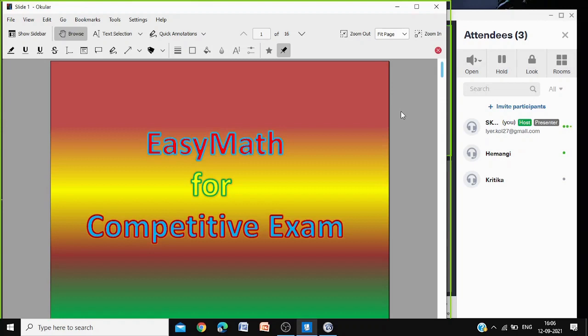We have some very easy problems, but we will have shortcut solutions. The same sum, if you do it the way you were taught in school, maybe it would take much longer. So here we have very short methods to solve the sums. The time you save in these easy sums, you can employ for some other purpose. Some questions may be a bit difficult or confusing. There you can spend the extra time. If you can solve the easy sums in very short time, then that time can be utilized elsewhere. So let us see.